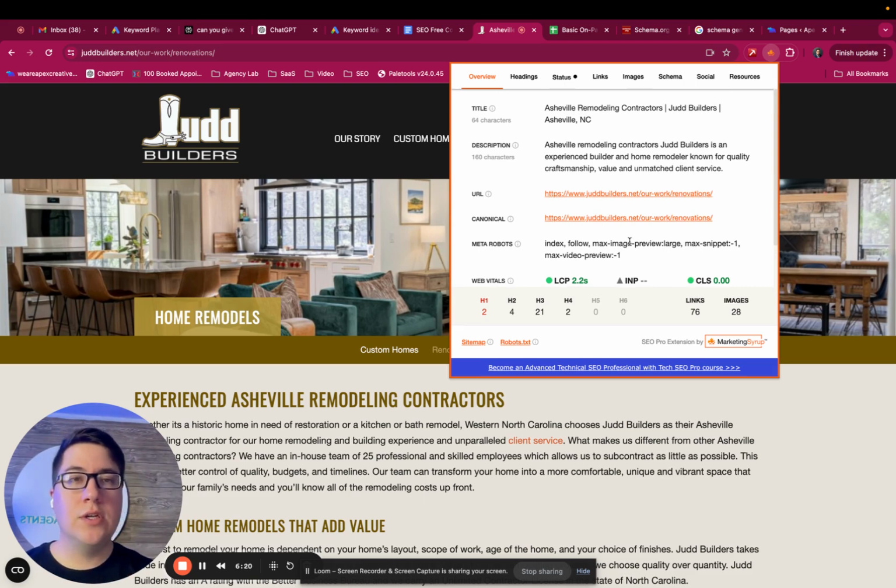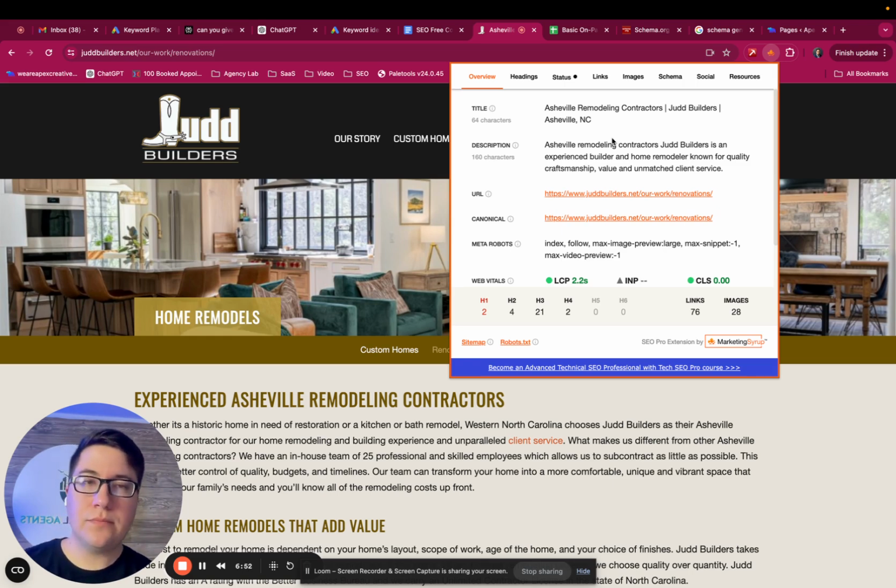So first things first, we see a few things. I see multiple H1s. This is not a good thing. Now, this site is ranking #1 for this particular keyword, so there are some things that they're doing really well and some things that they're doing wrong. We do see clearly that they have their title as Asheville Remodeling Contractors, name of their business, Asheville, North Carolina, yet again. So this is again signaling to Google that they're in Asheville, they're remodeling, they're contractors, and the name of their business.